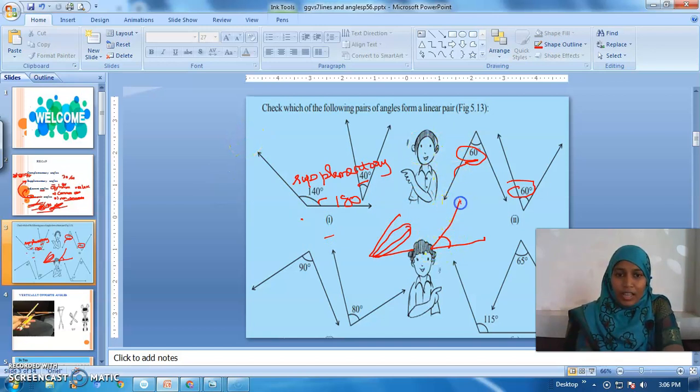I consider the same line and another. Now which is the common arm? This becomes the common arm. Here, this line and this line do not lie on either side. Both of them are lying on the same side. One should lie here, the other should lie on the other side. Okay, so they will not be linear pair angles and they are not adjacent angles too.